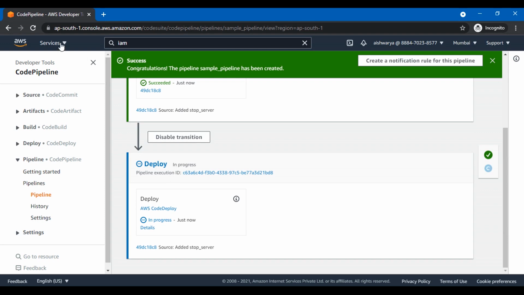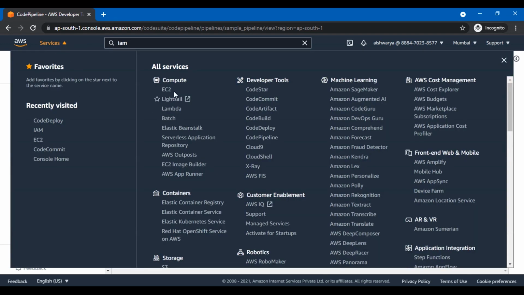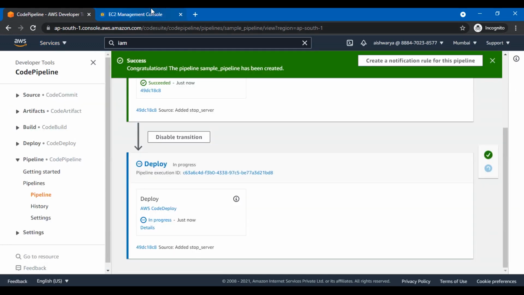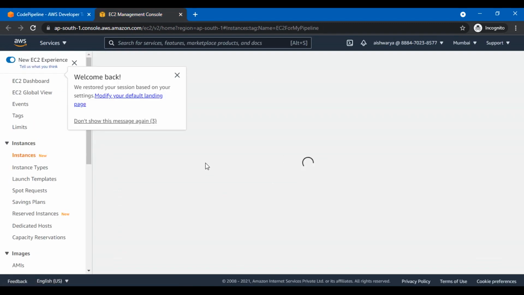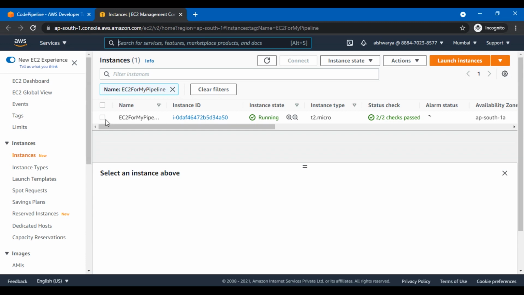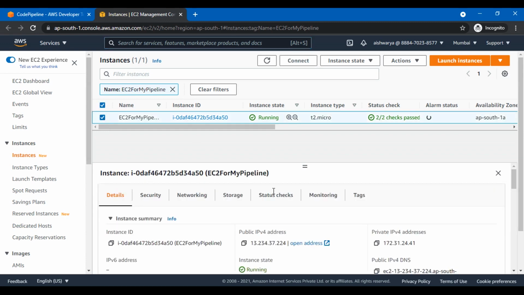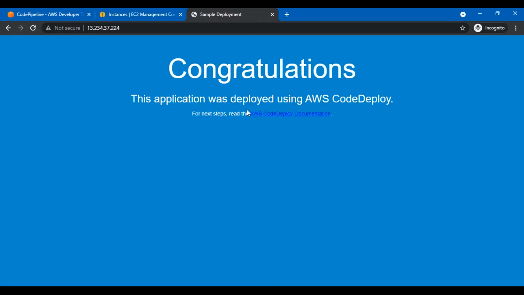So till then, let me go back to my EC2 instances and get the IP address for my EC2 instance so that I can check if the application has been deployed there or not. Okay, it is succeeded. Now I just need to verify that deployment. So here I go to my EC2 instance and copy this public IP address, and I will paste it in a new tab, and yes, here it is. The application has been deployed using the CodeDeploy. This was what was there in the